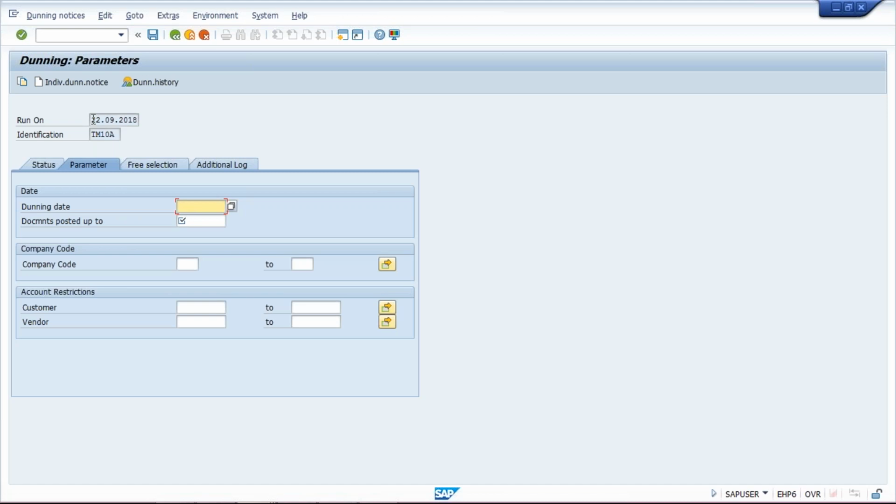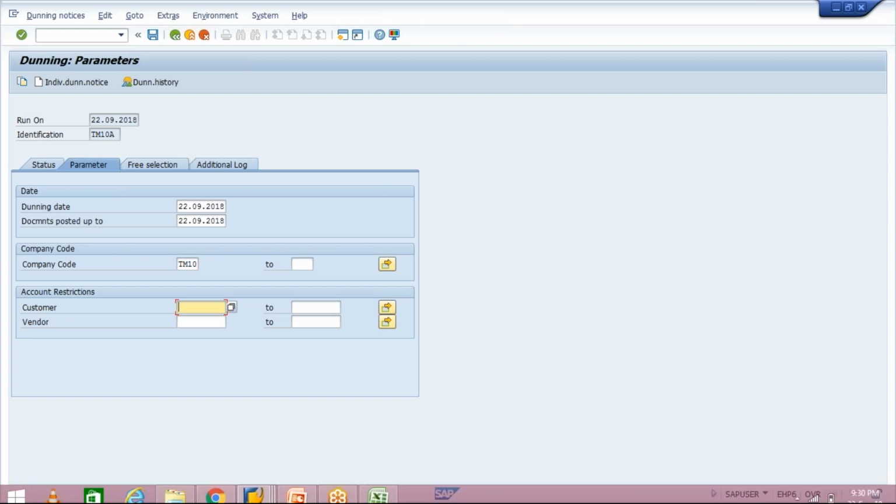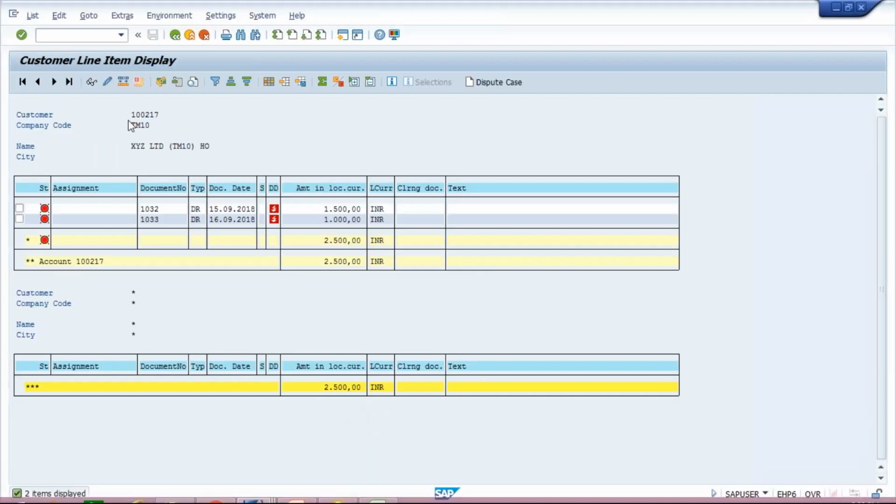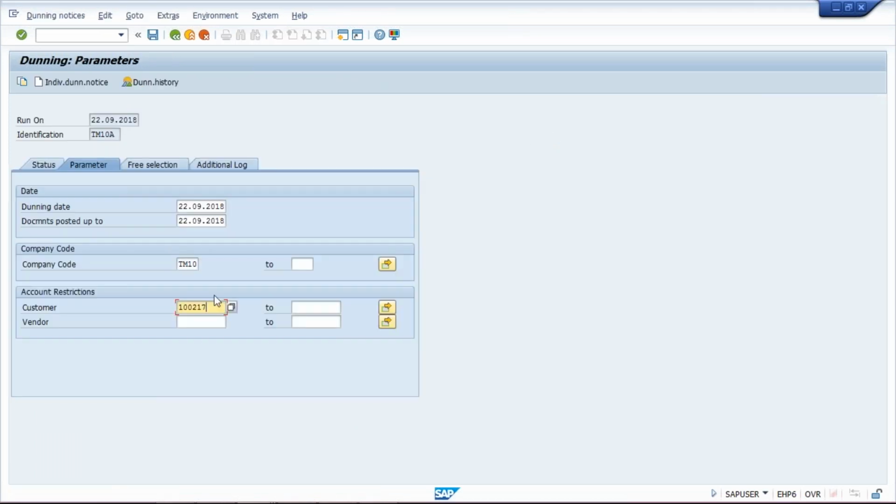So give this dunning date, this one, same date, company code TM10, and the customer, we are going to give this head office customer number itself. What is that? This one. Okay, so if you give head office, it means whichever branch offices are there, the system is going to search in all